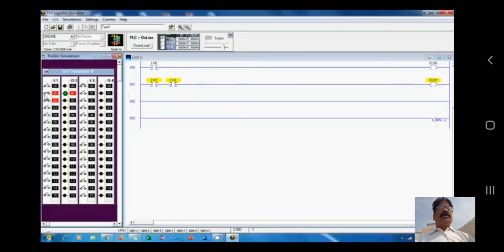That is 0 0 output is 0, 0 1 output is 0, 1 0 output is 0, and when both switches are 1, that is both switches are true, the output will be true, 1 1 gives 1. Also you can change the color of this signal. Red, I will make it yellow.